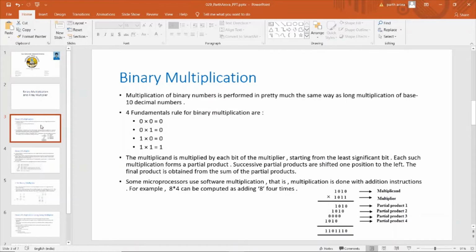With each subsequent bit we shift the partial product one bit to the left to adjust the weight factor, and then to obtain the resultant product we sum all these partial products to get our final product.